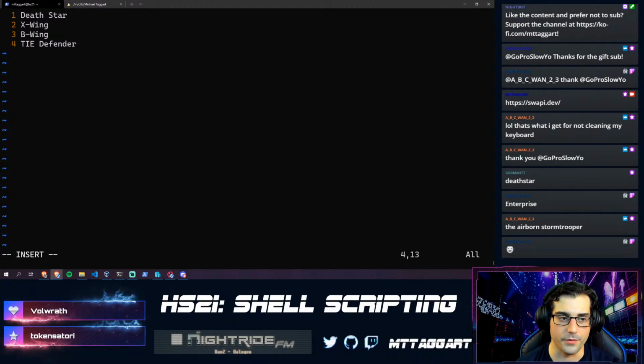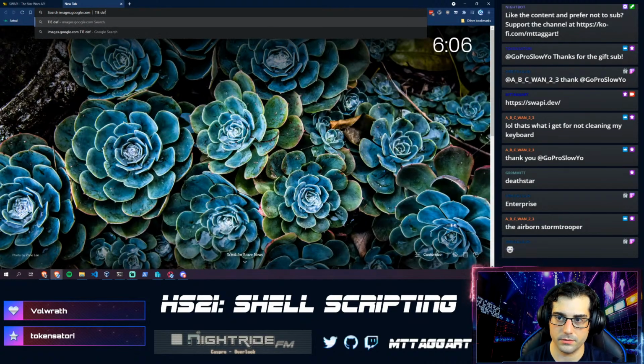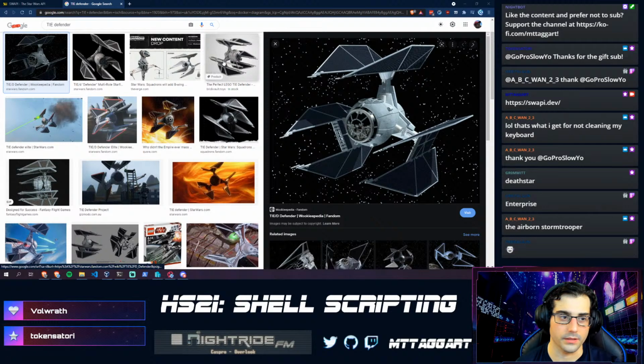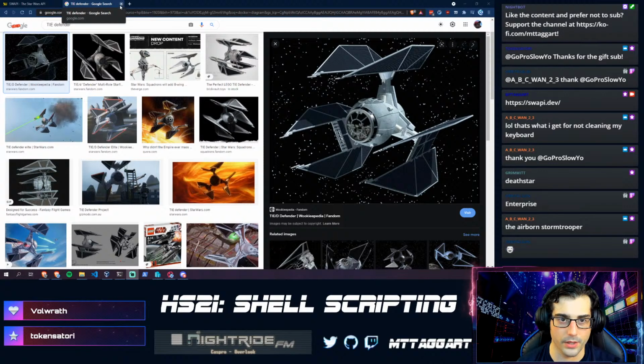I don't know if any of you would remember the TIE Defender. Yeah, look at that thing. It was like the Empire decided to actually build something that would allow their pilots to survive.